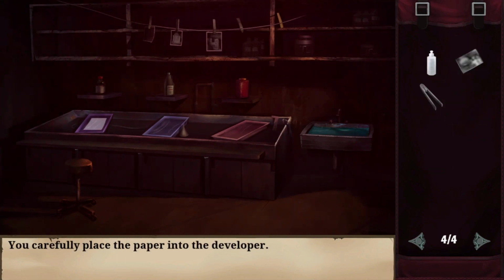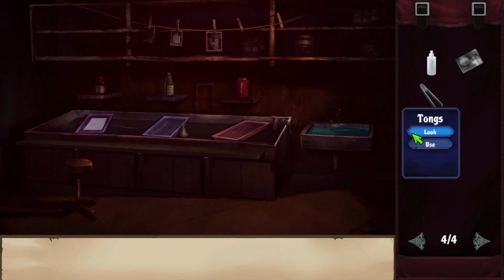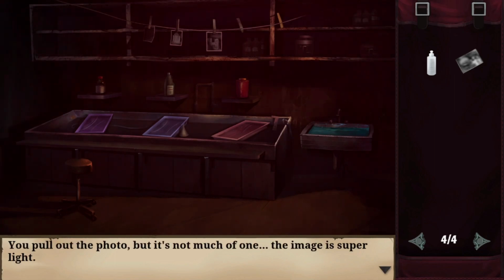Carefully place paper into the developer. It's hard to tell here. I'm just trying to wait for it to pull out the paper, but it's not much of one. The image is super light. Alright, so...